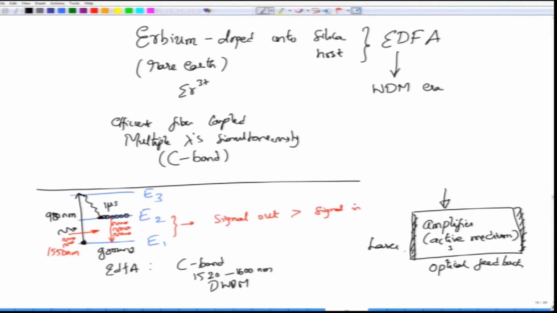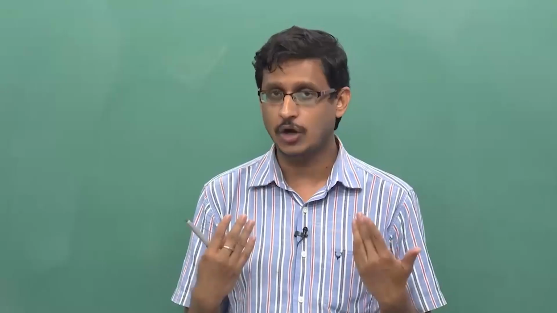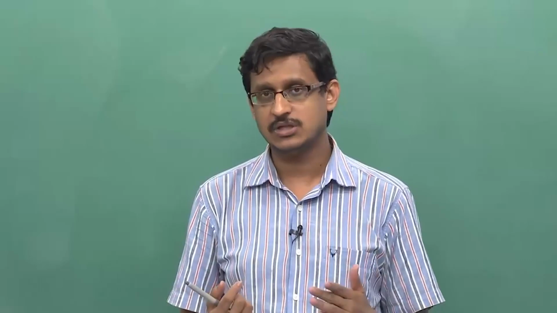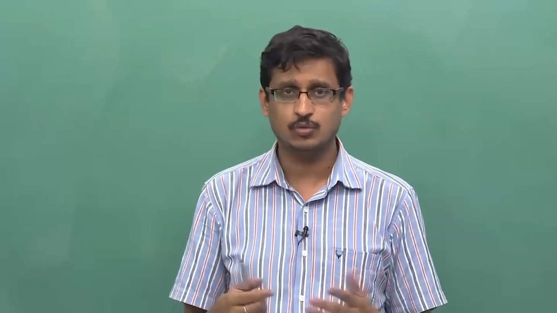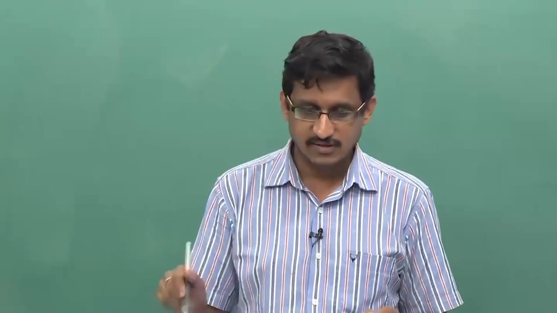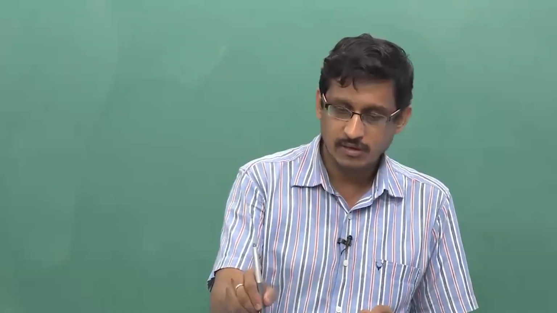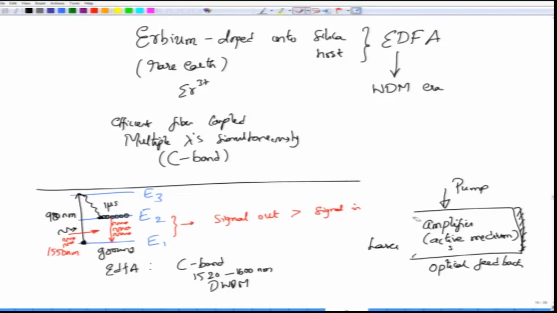Now, all you have to do is take this same device, of course, here there was a pump. Remember, pump was necessary to create a population inversion. Okay. So, without you creating a population inversion, stimulated emission cannot take place, and whatever emission you are going to get will be spontaneous emission and it would not lase. To this laser, what you now do is you simply remove this feedback mechanism, or at any rate make this feedback mechanism a very weak one. Okay. So, this is my attempt at drawing a very weak